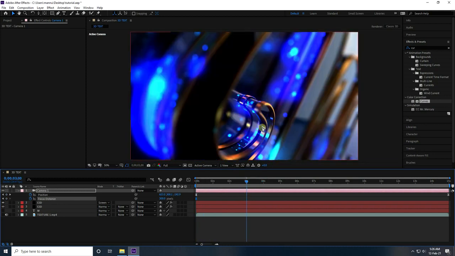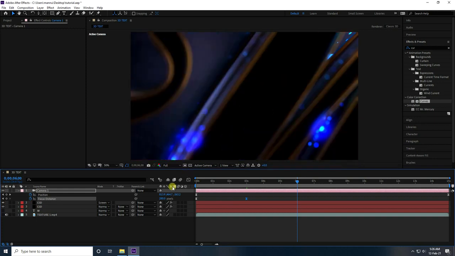Yeah, focus is good. A little bit change like 280. Yeah, much better, right? Okay, so guys, I go to like 6 second and again change my focus distance like this, like 200.